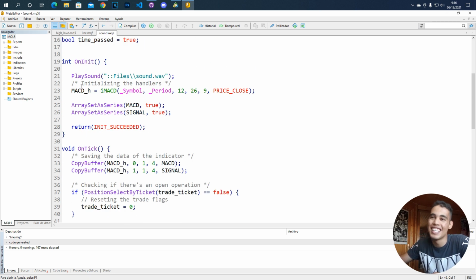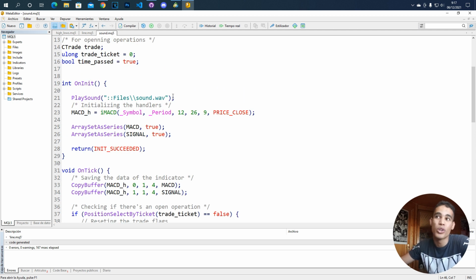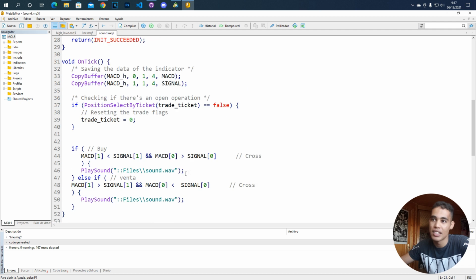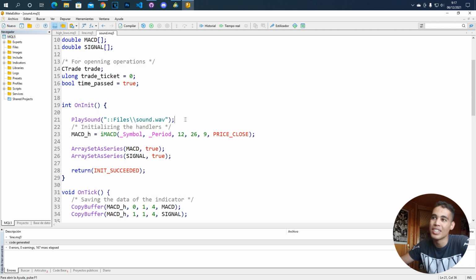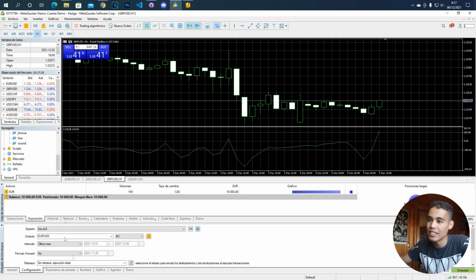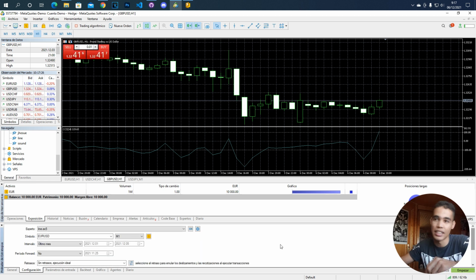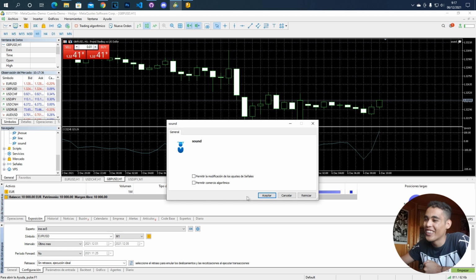But one thing is that since I'm not going to wait until there's a cross, I'm going to use this same function. Remember that this is the same as using it here. I'm going to use this same function, and whenever I start the bot, the sound will play. So this is truly useful and very funny. And for example, it doesn't work in the strategy tester. You cannot test this in the strategy tester because maybe you have too many sounds to play. But what you can do in order to test it is you take the bot here, you drag it here, you click accept,